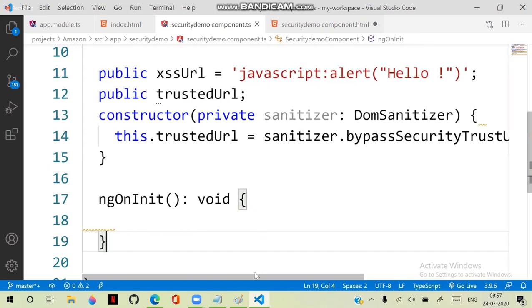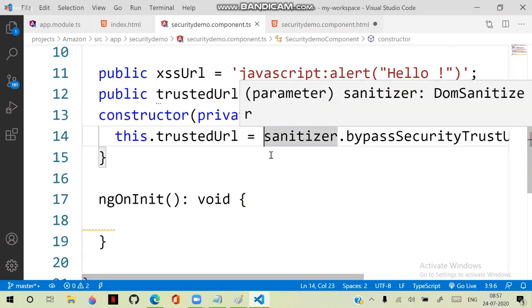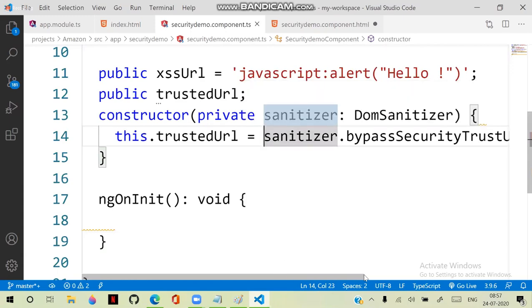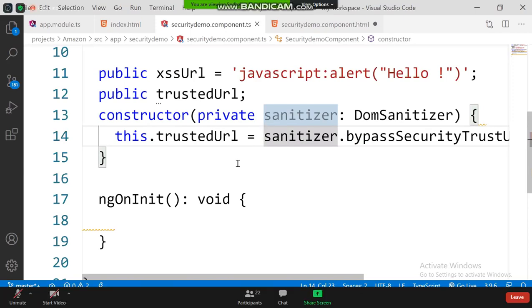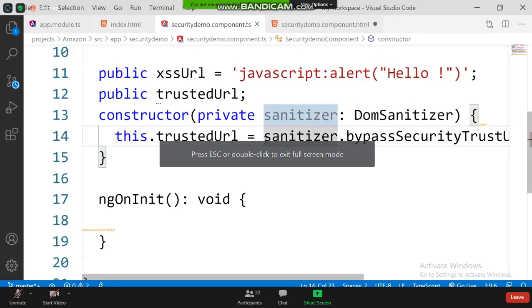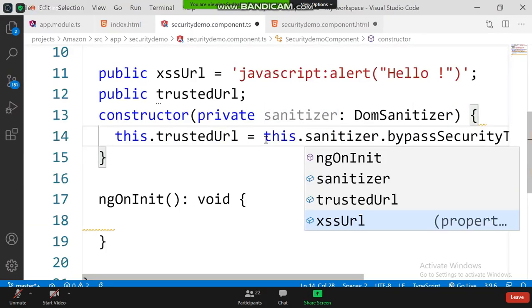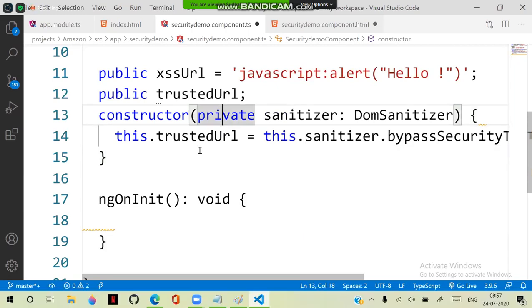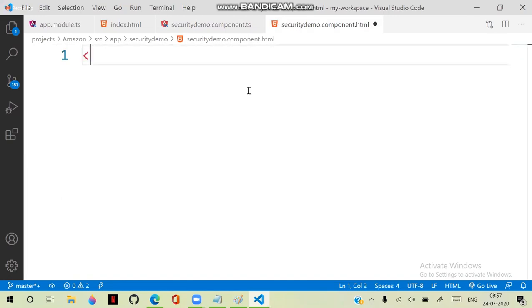Now, when we are configuring and using this, we need to implement it. On initialization, or in the constructor, we configure this. Now we are going to build a page.